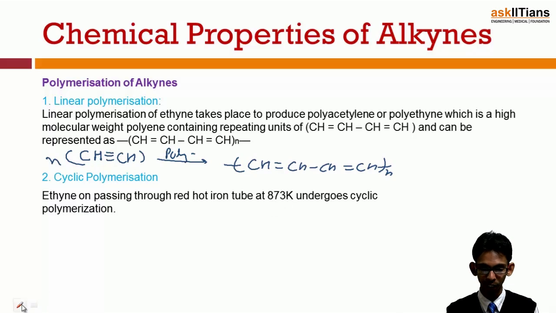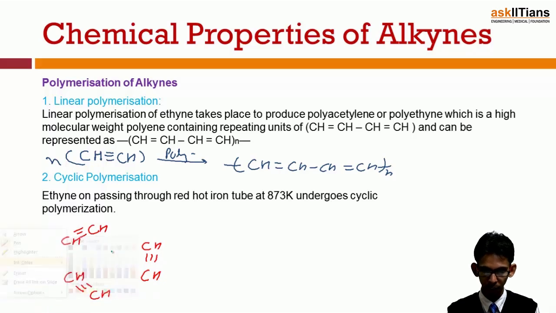polymerization. Now let's see what is the product formed when cyclic polymerization of ethine takes place. Actually, we can write it in this way: CH triple bond CH. Here it is CH again triple bond CH, and there is another molecule of ethine. Now what happens then when it is heated? One bond comes here, from here one bond comes here, this goes at this place, and surprisingly we get a compound with formula like this,